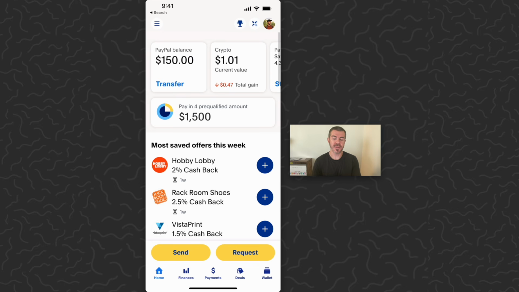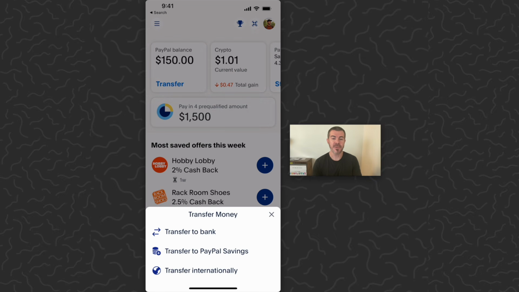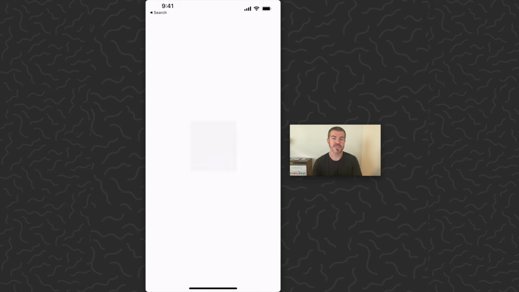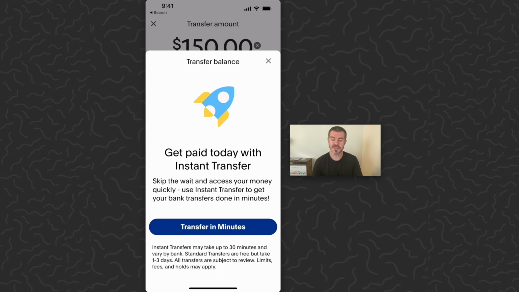You can see my balance is $150 in the top left. And then there's a transfer button right below that. I'm going to tap on that transfer button. And this is going to give me a few options: transfer to bank, transfer to PayPal savings, transfer internationally. I want to transfer to bank, scan my face, and you can use this transfer in minutes option for instant